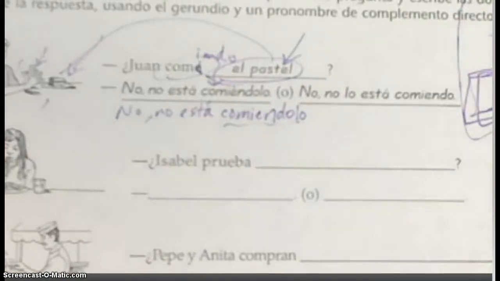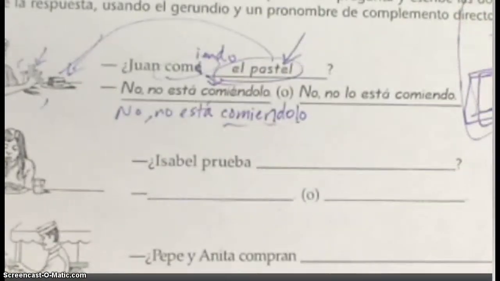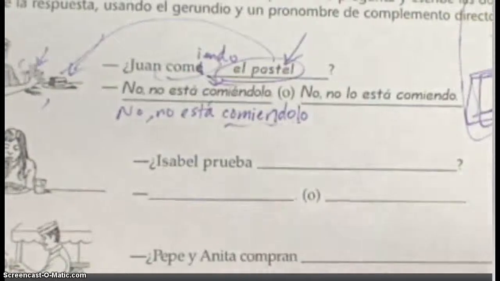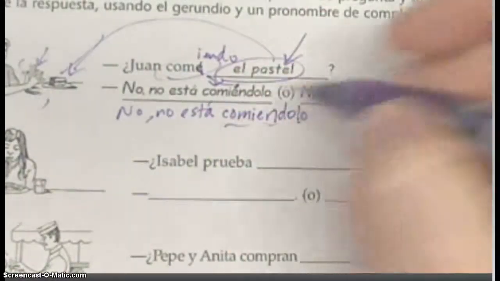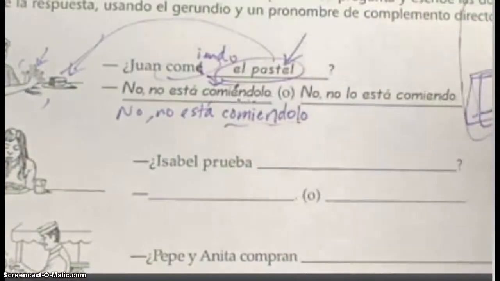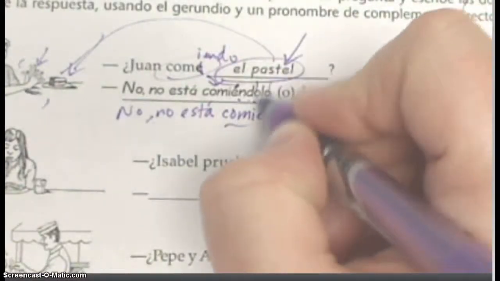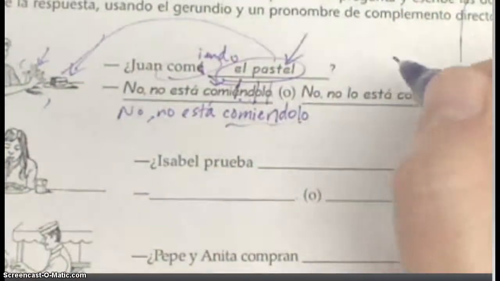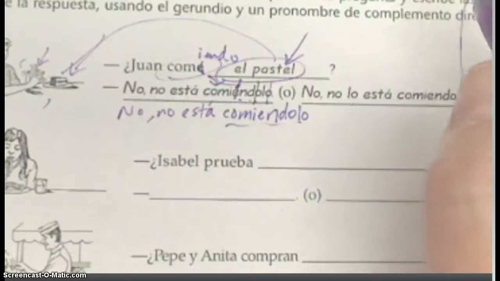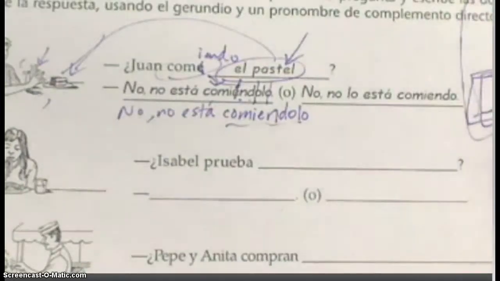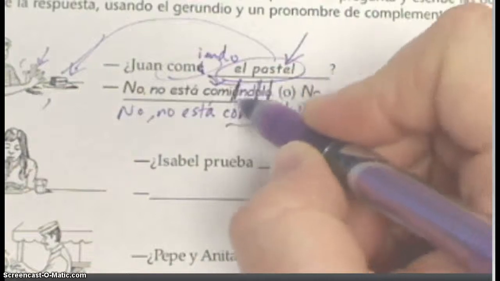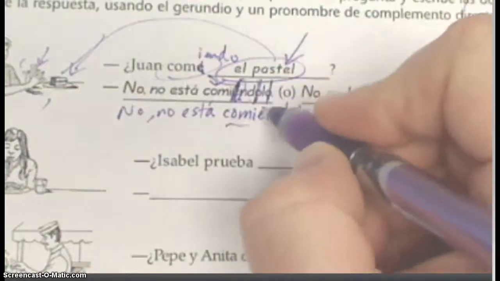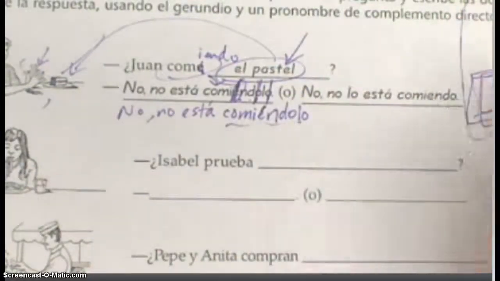The easy thing to remember is that the accent is always going to be on the vowel right before the endo. Okay, what it really is 3 syllables back, and syllables are really easy to count in Spanish because you have to pronounce every vowel. So I counted 1, 2, 3. It's that third one, comiéndolo. That's why I did that.